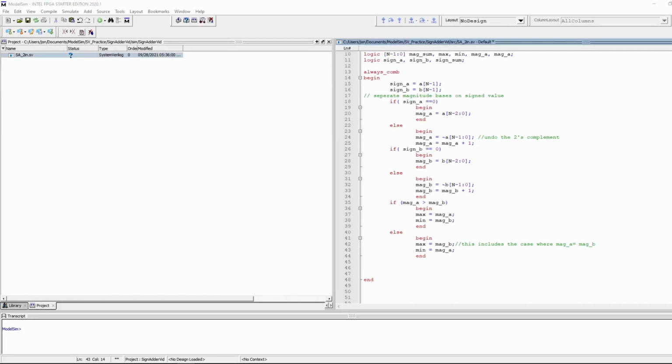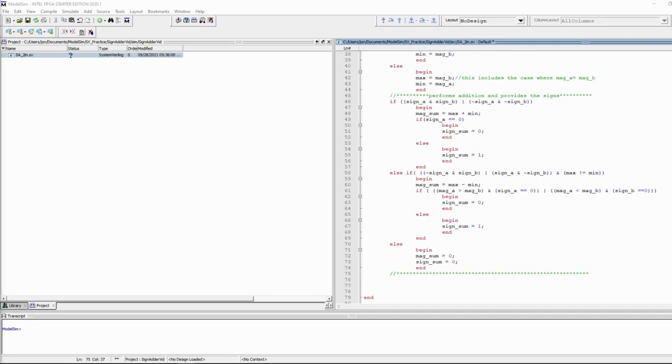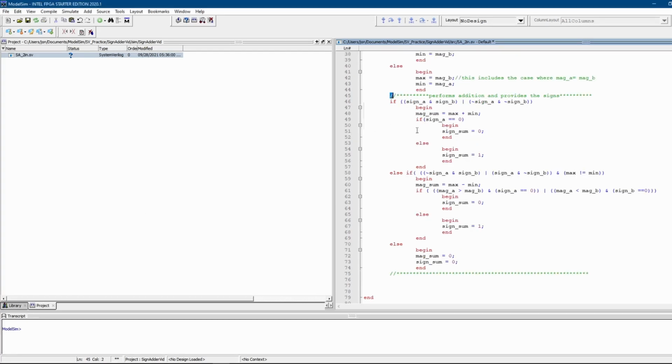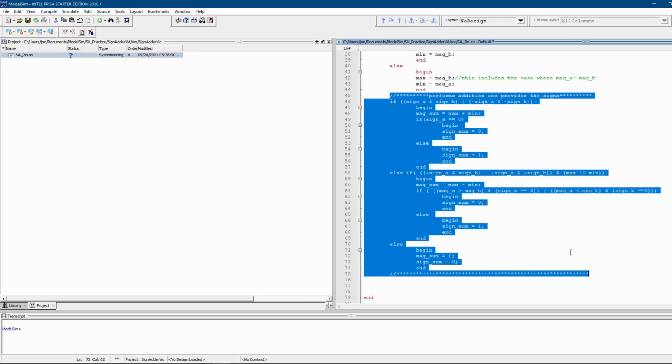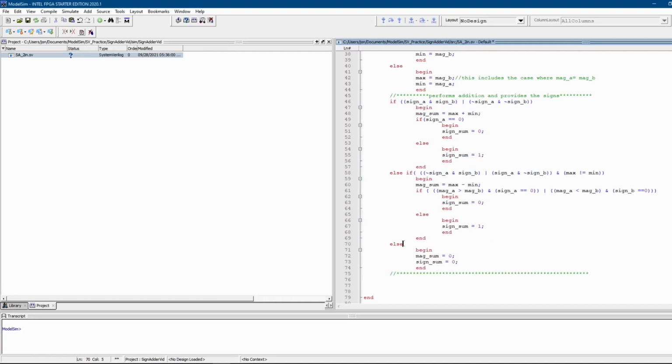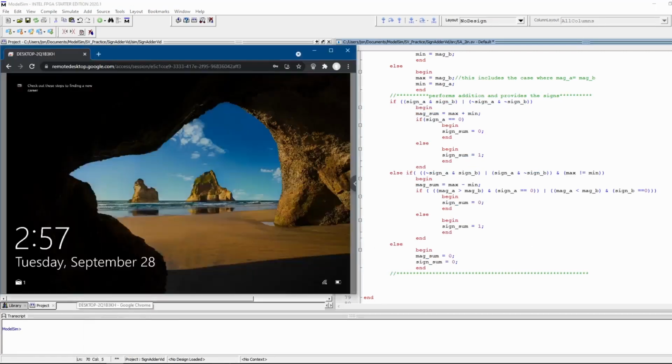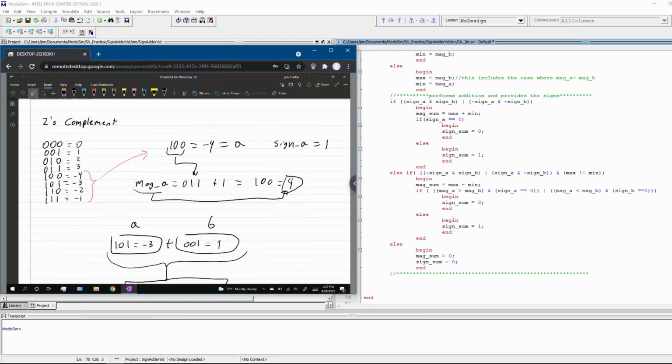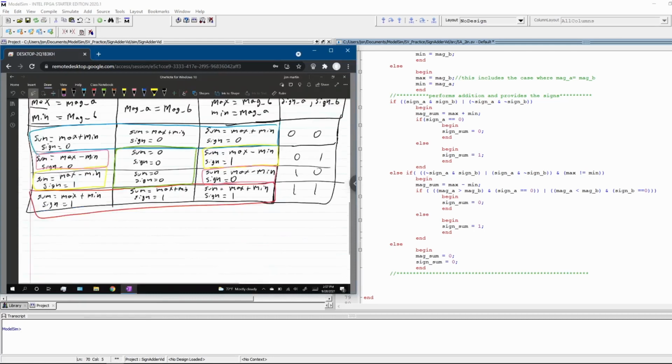Now what I want to do is perform the addition and provide the signs. To perform this addition, we're going to be basing it on the signs that we have, as well as the magnitudes that we have. So here it is, and this performs the addition of the two numbers that are in binary. The best way to make sense of this piece of code is the following. If you go back to our table that we made here,